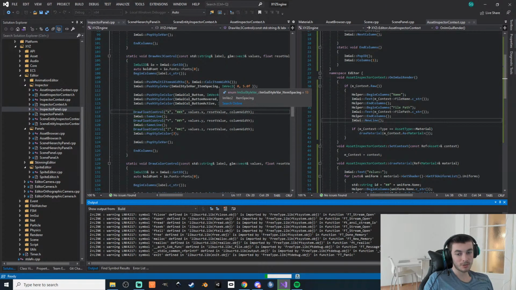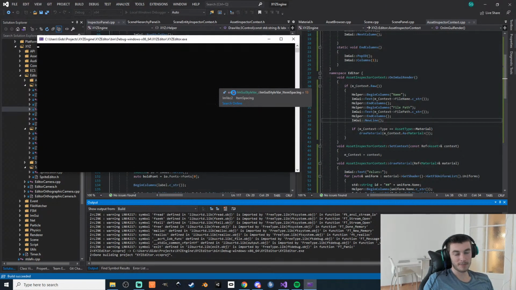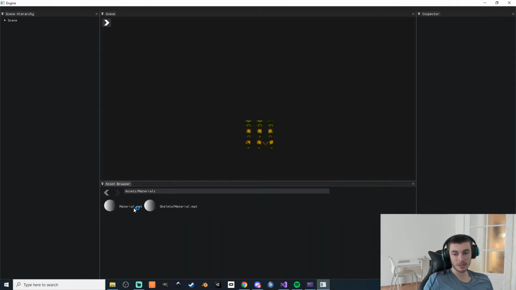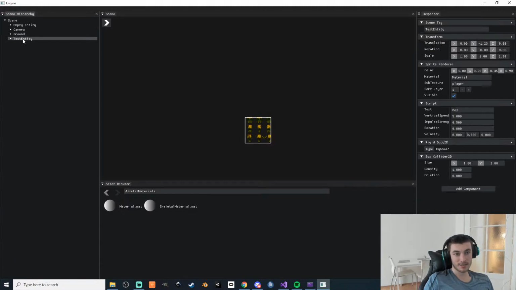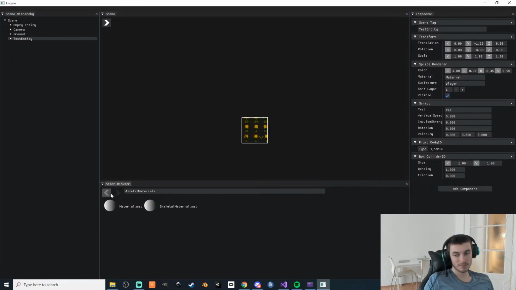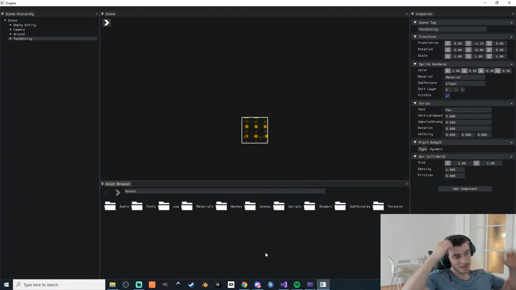Since I started to use ImGui, the engine is growing each day. I mean, this is great. I truly like it, and I can't wait till it will be finished. Okay,